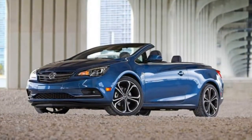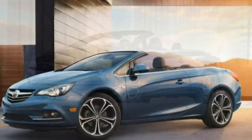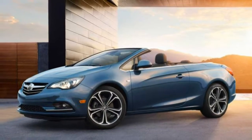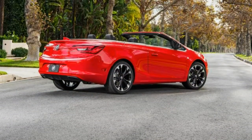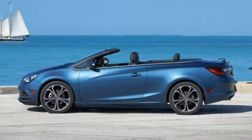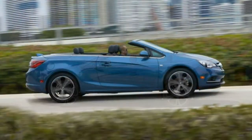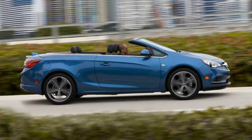Acceleration. The engine is lackadaisical until it's high in the RPM range, where it sadly sounds unhappy. The transmission is simply too eager to change gears, making gas pedal modulation tougher than it really should be. Our tested 0-60 miles per hour time of 9.1 seconds definitely makes the Cascada one of the slower cars while